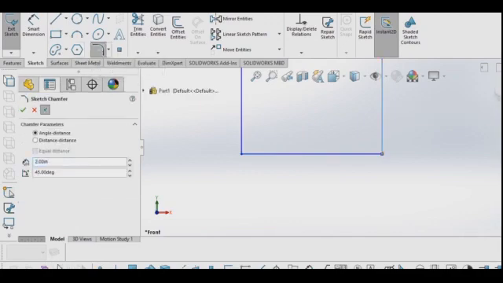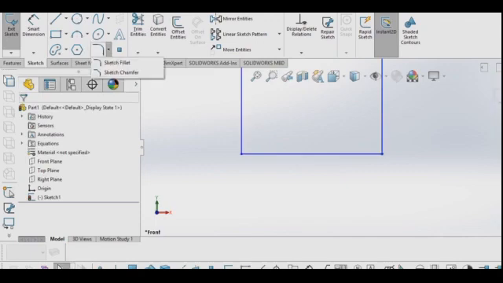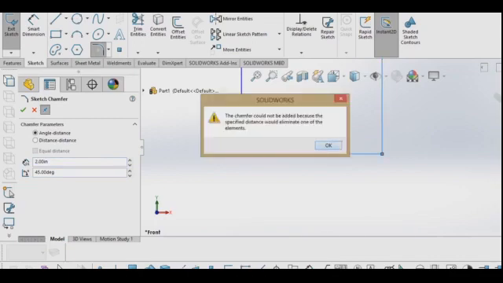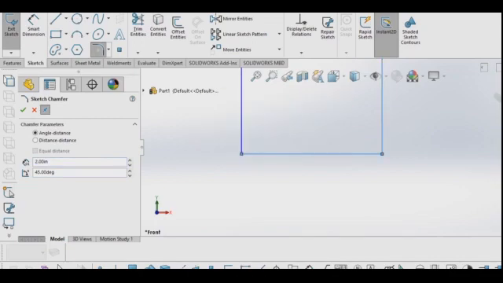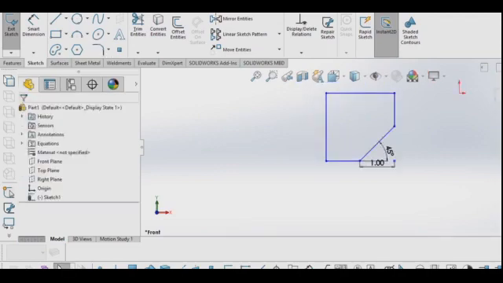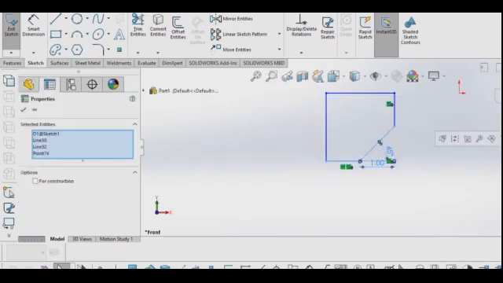If we give a distance greater than what it is, it will not be able to take the chamfer. I will try to reduce it. If you keep on trying like that, it will not take, because it could not be added, because the specified distance would eliminate the use of it. I should reduce the distance. If I give it as 1, it will take 1 and the angle 45 degrees. No matter what, you can give the angle however much you want from 0 to 90.